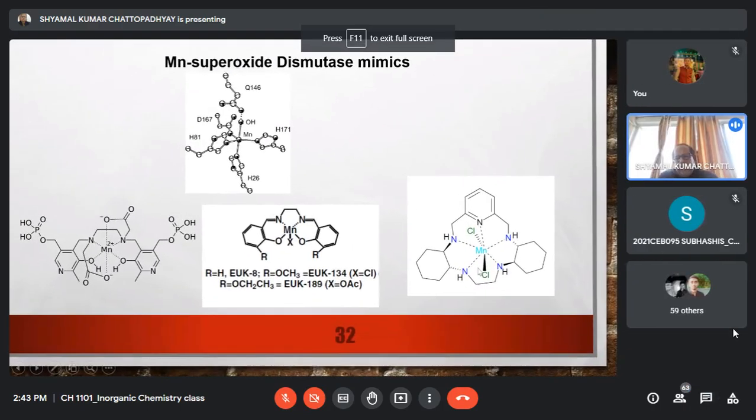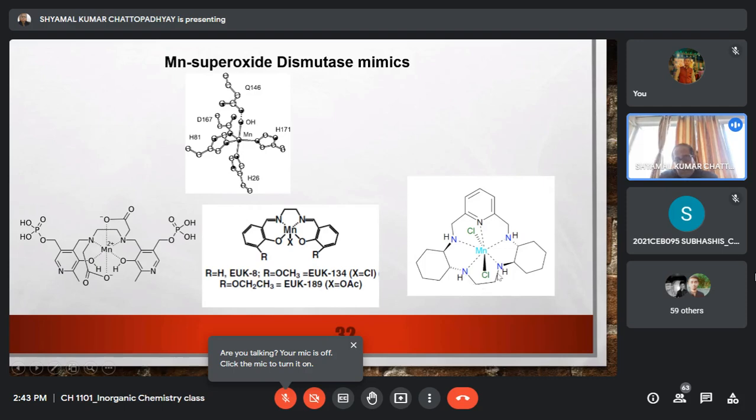This part is cyclohexyl 1,2-diamine. So we have two molecules of cyclohexyl 1,2-diamine. In one part we have connected them with the ethylene moiety, and in another part we have connected these amines with 2,6-dipicolyl moiety. So we have a complicated pentadentate ligand, and manganese again here in the